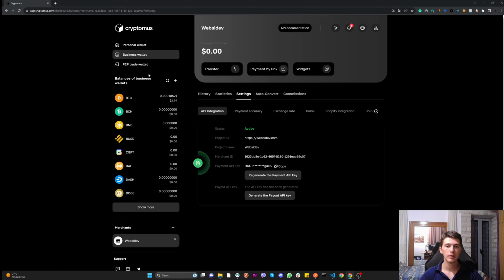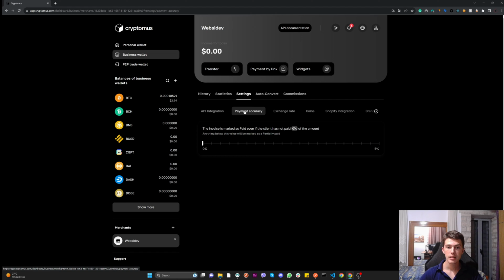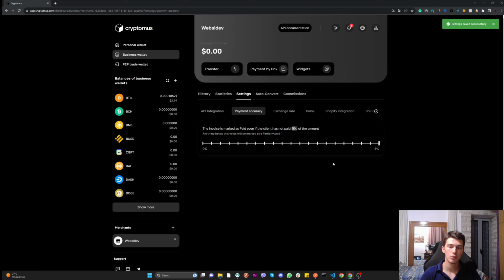So before we start coding, I would like to go quickly through the settings and tell you about what each one does. So first of all, if you go to payment accuracy, this is in case the price, for example, if the user paid with Bitcoin, if the price of Bitcoin fluctuates, you will not get exactly the amount that you want to charge the user. For example, instead of $5, you'll get $4.70 or $4.60. So most likely, if the price of Bitcoin, for example, drops, then you can increase this to a maximum of 5%. So maximum, you would accept a payment to be 5% less,